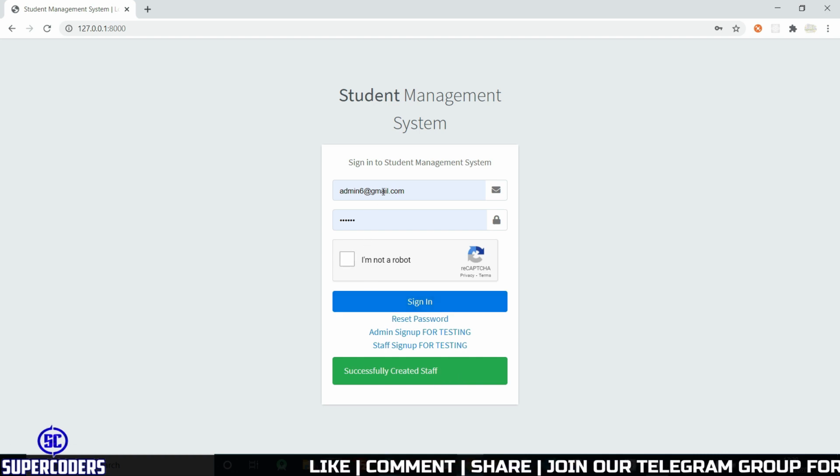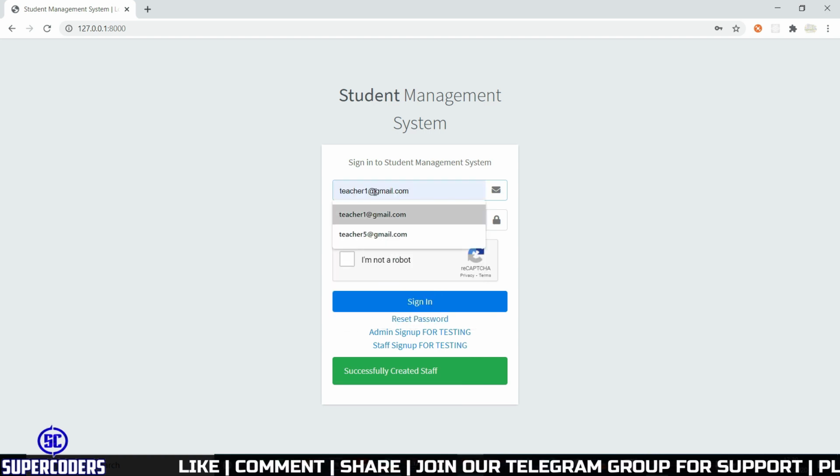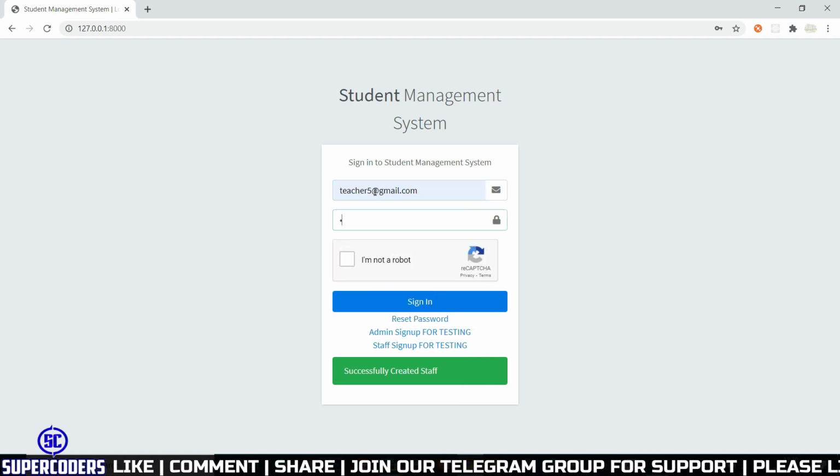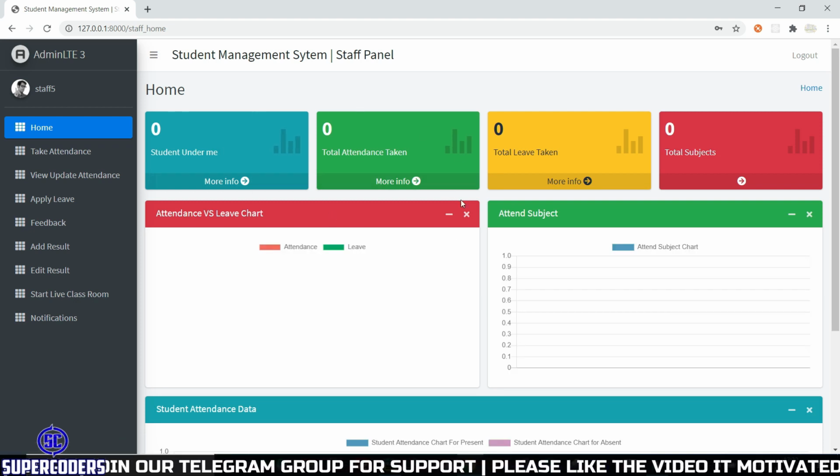If I check to login, so teacher5, teacher5, click on sign in, and let's check, and you can see staff login is also working. So in this way you can create a sign up system for admin, staff, and now let's create sign up